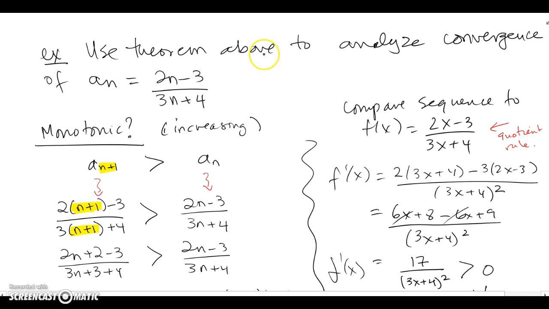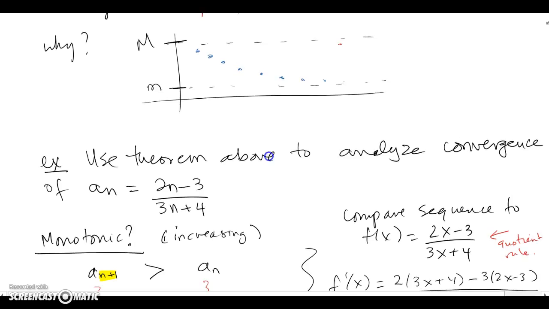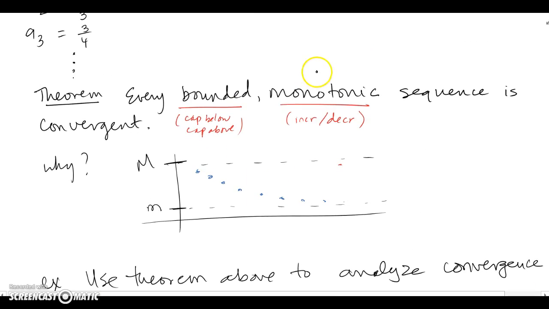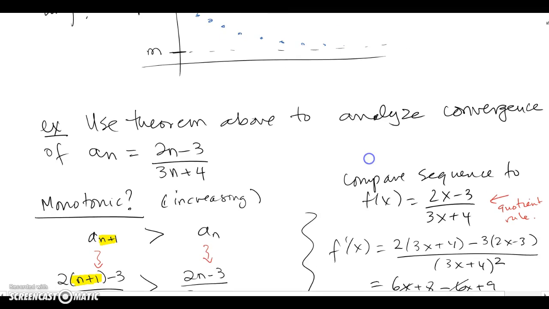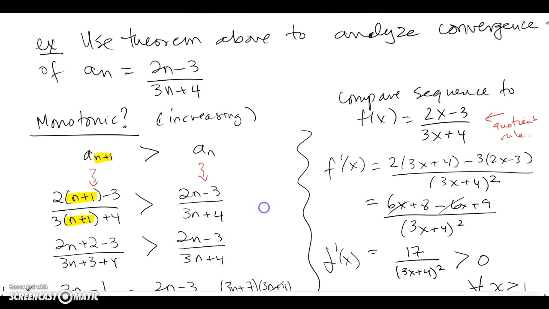So let's use the theorem above. Let's go see what we did. We showed that it was monotonic. We just have to show that it is bounded, and then we know for sure that the theorem says it's convergent. And we can actually even find that limit. So we're just applying the theorem